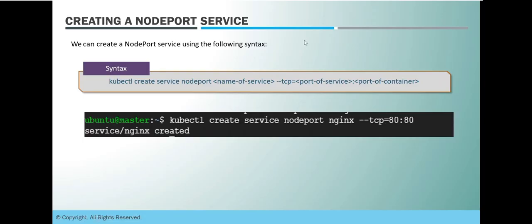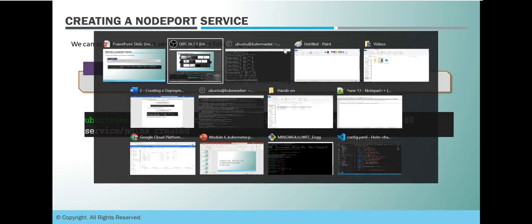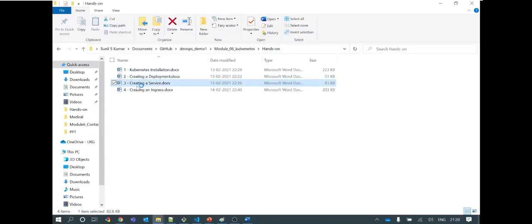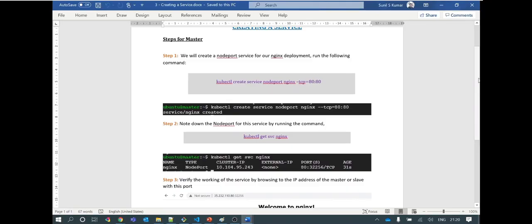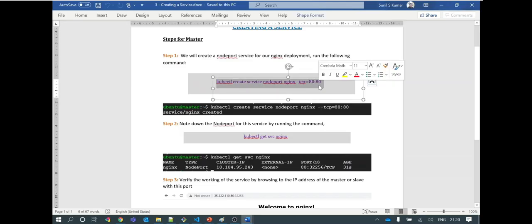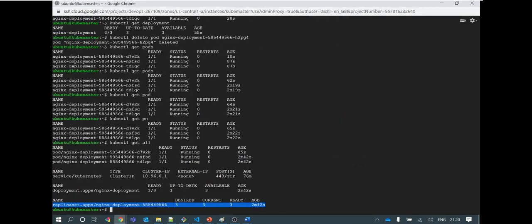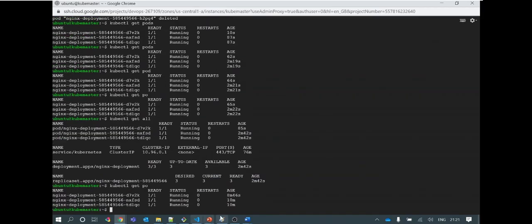So let's go to the lab exercise and try to create a node port service as part of our deployment. I have a doc again to follow and create various types of services in the exercise. First we will create a node port service that will point to my deployment pods that I created in the deployment steps. Remember, we created the Nginx deployment, and that is running successfully in our Kubernetes cluster. You can check again, my pods are healthy and running.